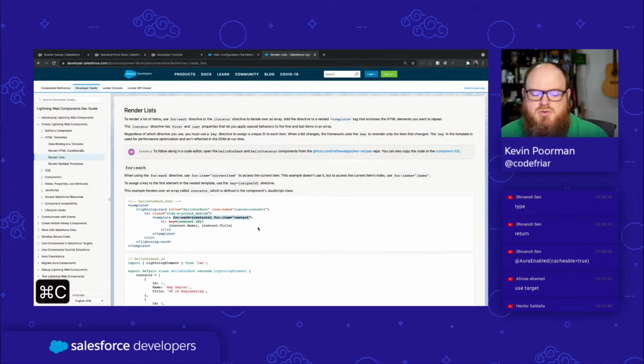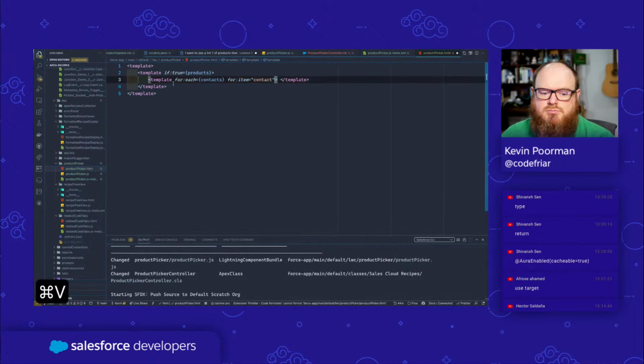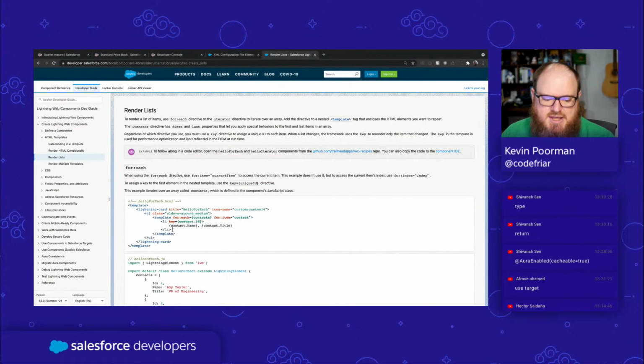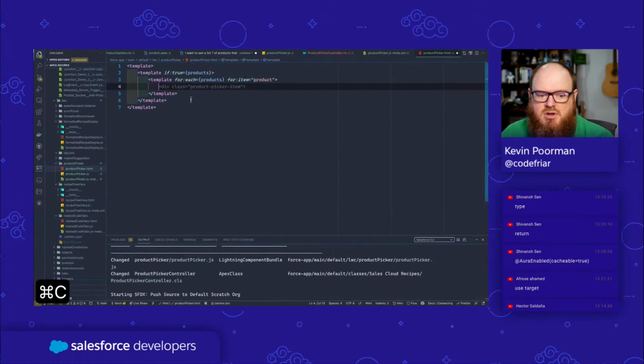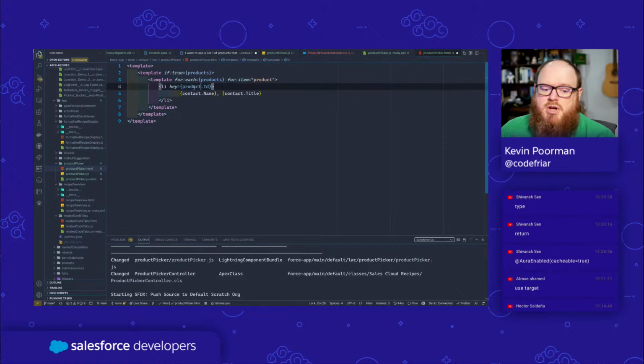Okay. So let's do this. For each products, and then for each item product. And then we have to do something with the key. And we have to give it the list item, and the key is going to be the ID. So let's just go ahead and do this. And we'll do that. And we'll say product